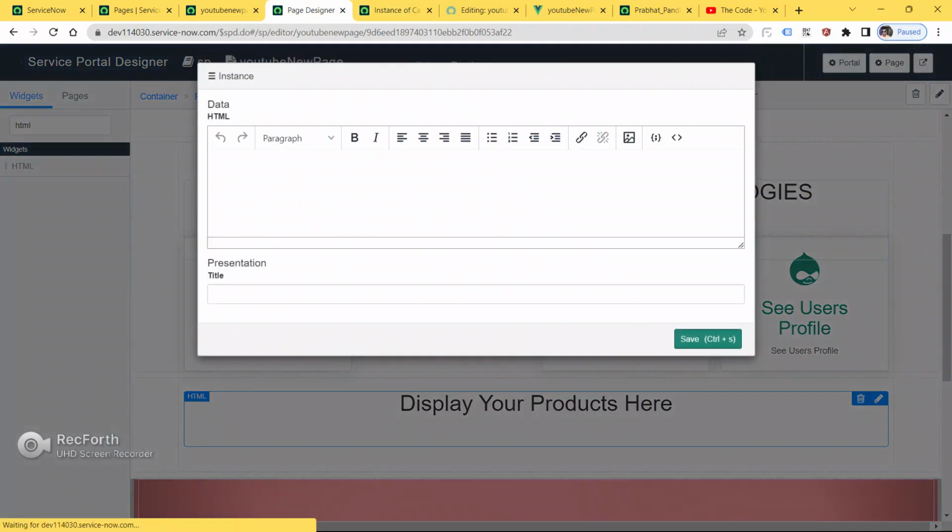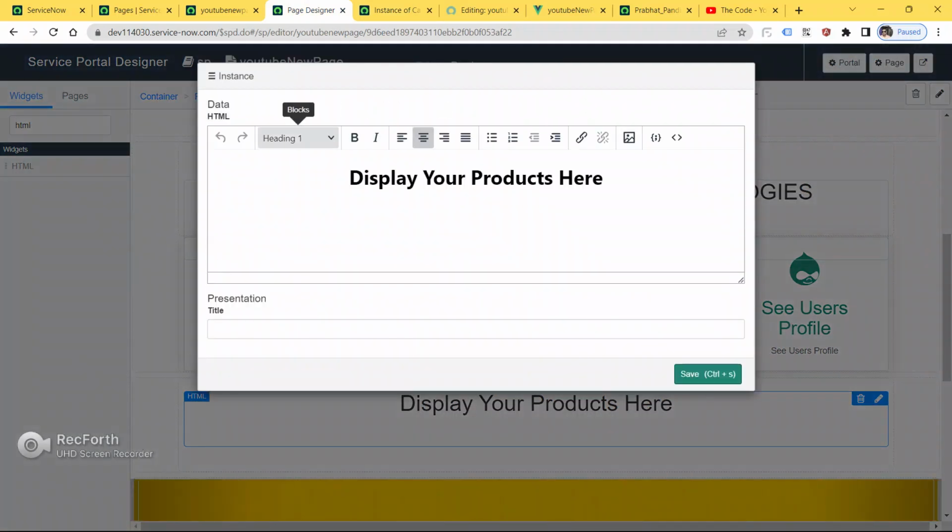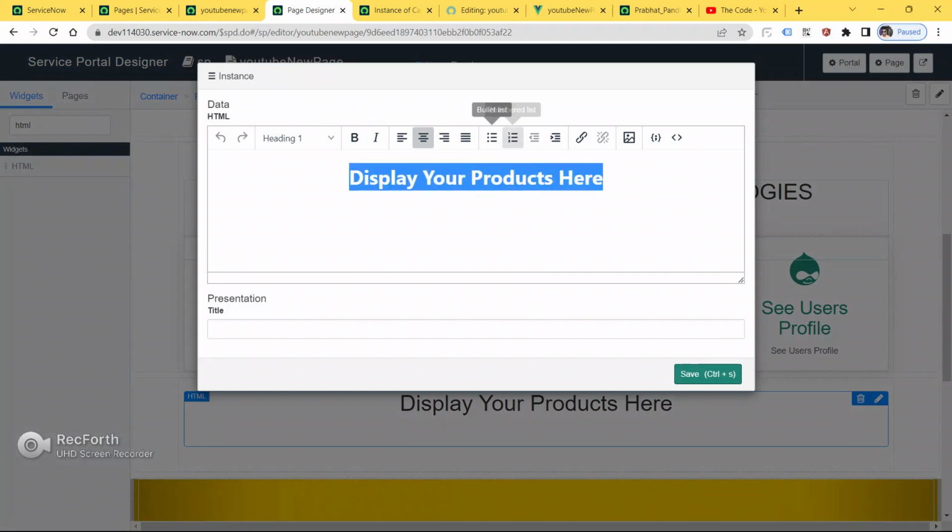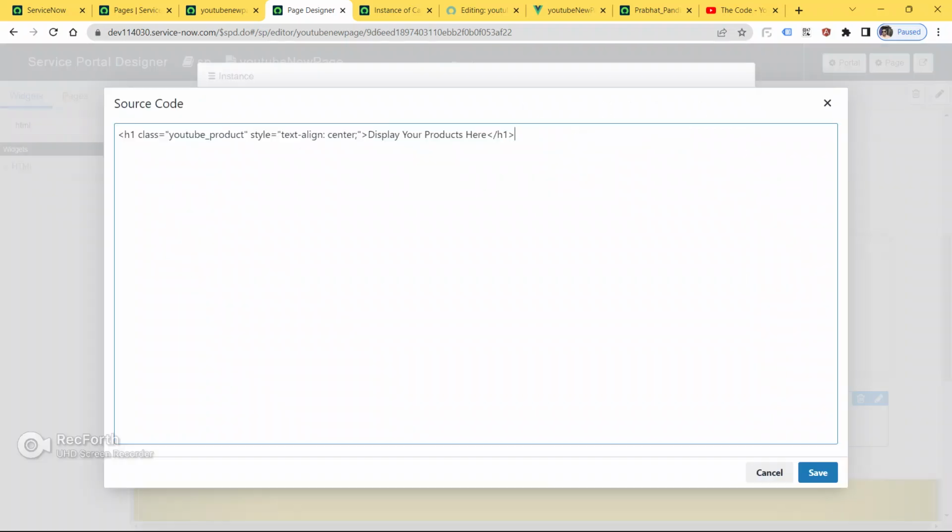Go here, click on the pencil icon, and we will go to the code. Give text transform also.